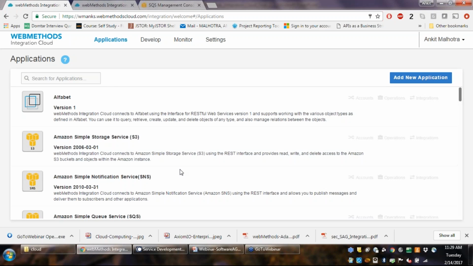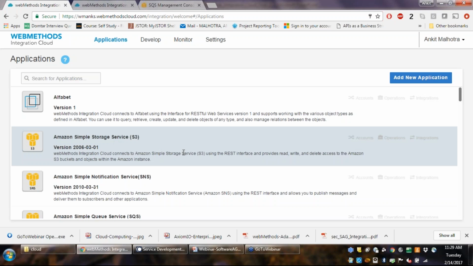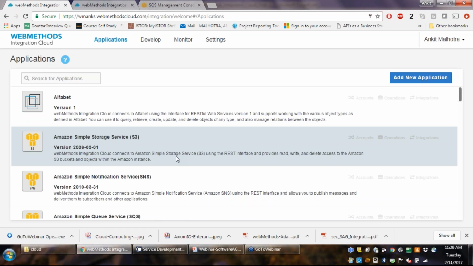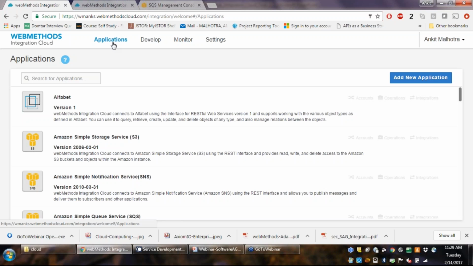For the initial stage, you can certainly log in, browse these connectors, and see whether the piece which you require is available or not, and if not, you can definitely check with Software AG when they are releasing that connector. Connectors are released periodically. You will find with every release there have been a lot of new connectors added. Moreover,